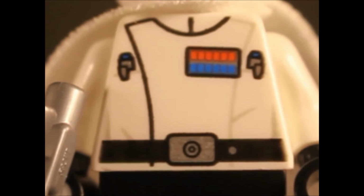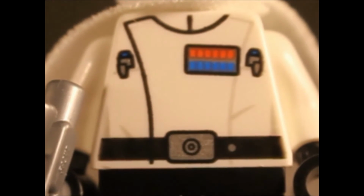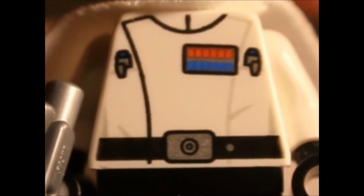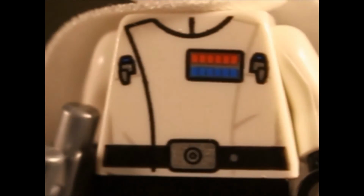And the cape. The cape is another thing which I don't really like. I mean, it's not about the minifigure. The new capes, period, I just don't like them. I know that if you play with them, it's okay. It's perfectly fine. But for animators and stop-motioners like me, I think it's a really horrible cape. You can accidentally move it frame by frame. So I'm pretty sure in my stop motions I'll be putting on